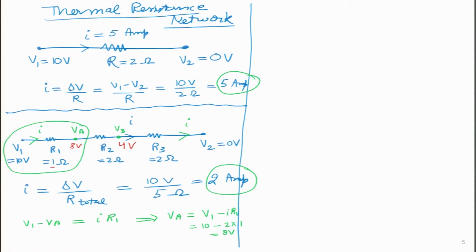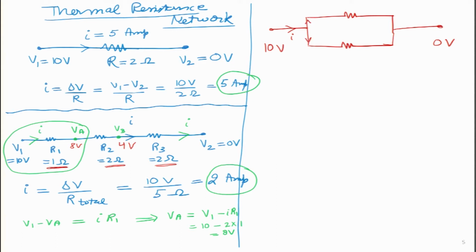So, all these values actually depend on the resistance values R1, R2 and R3. So, it is very simple and easy to see what actually is going on over here. We can make it a little bit more complicated as well. So, we remember not only can we add resistances in series, we can perhaps also add them in parallel, which means I can have this type of an electrical network where current will flow over here, but whatever current is flowing, some part will go through this wire and some part will go through this wire.